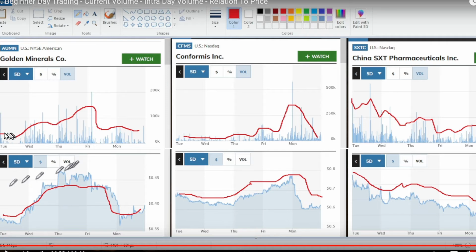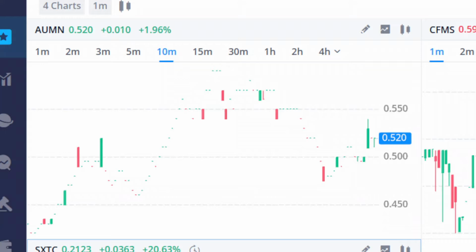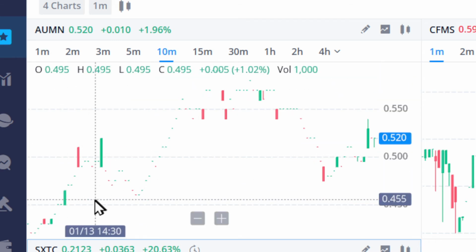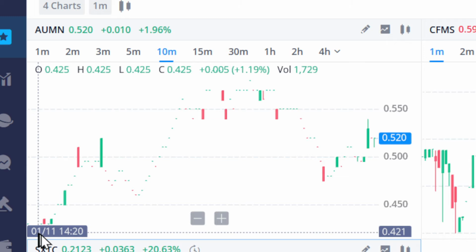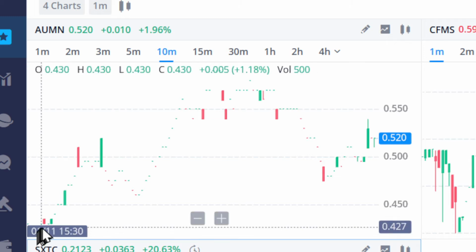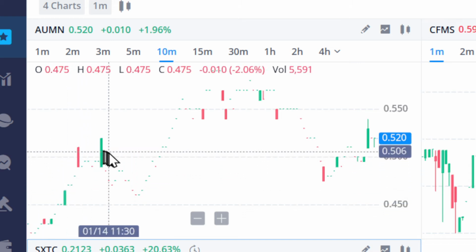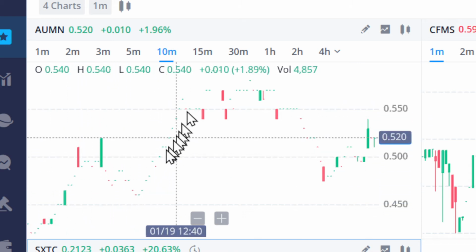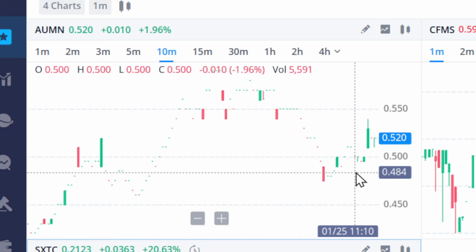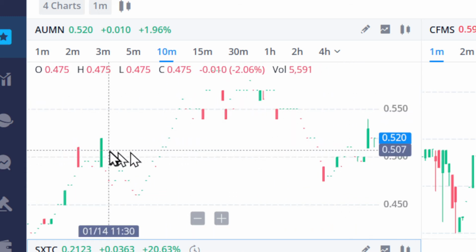This is just showing you volume and the price of a share. What it's not showing you, though, are the candlesticks. We are back at Webull.com, our watch list, AUMN. Here you see, like before, that we already know it tracks volume, and you can see the little dots and the candlesticks more or less following volume. This is actually the price per share, right? But some of these are candles, but